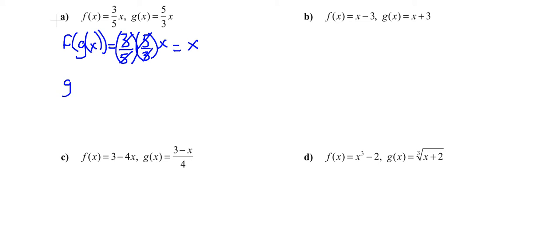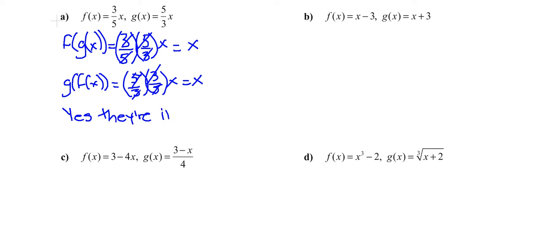Then you start off with g of f of x, and that is 5 over 3 times 3 over 5 x. You cancel those out again, and you're left with just an x. And since you're left with just an x, you know they're inverses of each other, so you write yes,